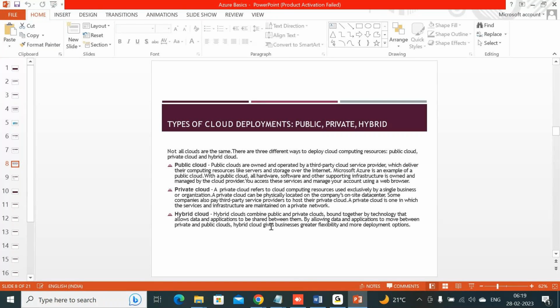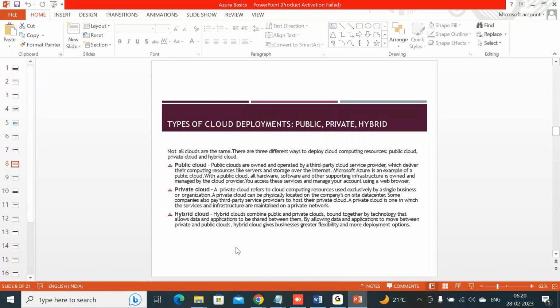Hybrid cloud is a combination of both private and public cloud. Suppose some companies need to host a few sites on public and other sites on private. Let's take Flipkart. The retail site you are seeing, with all the products, will be hosted on the public cloud. But the payment transactions and the purchases you are making will be on the private cloud. That means they are using a hybrid cloud mechanism.